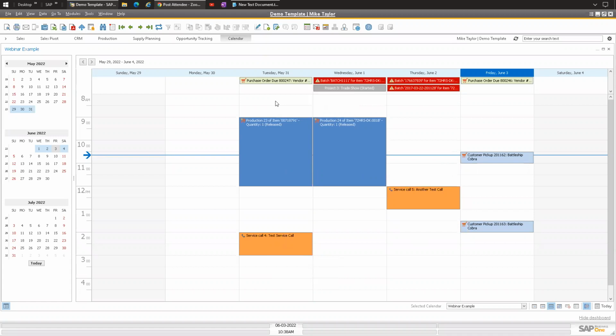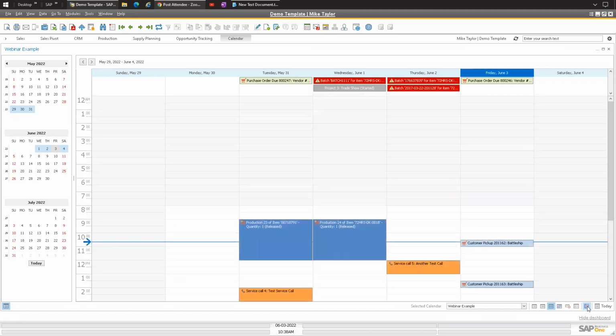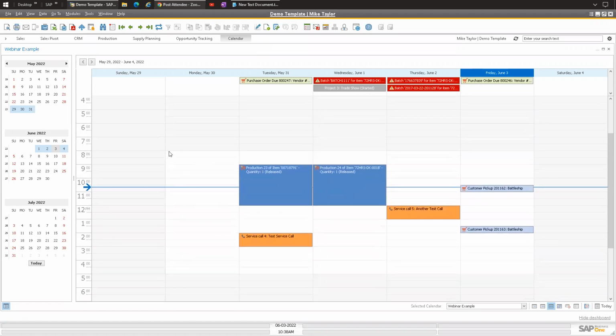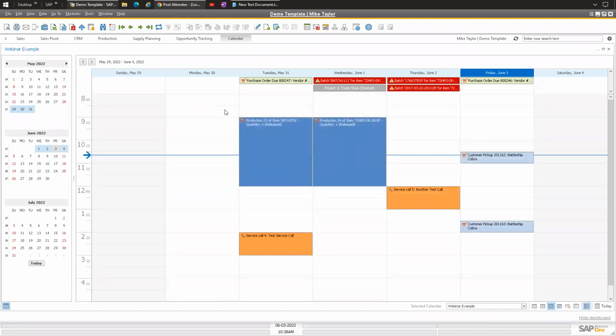So again, if the warehouse is looking at it, this doesn't have a specific time, but it's set in that all day range, where you can just say, oh, this is supposed to arrive on this day, whereas some of this data actually has a start and an end time. You can also, I forgot to mention here, show only your work time. So instead of having 12 a.m., you can set a work time. You can see the white box in the middle is the work week, and the gray area is non-work week times. So you can actually just toggle that. I forgot to mention that too. It makes it a little bit cleaner.